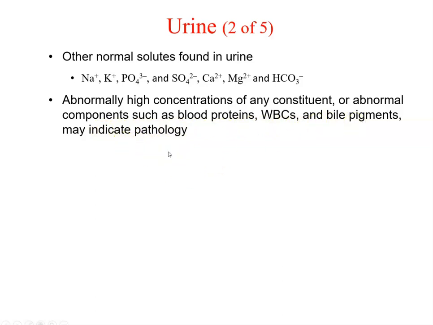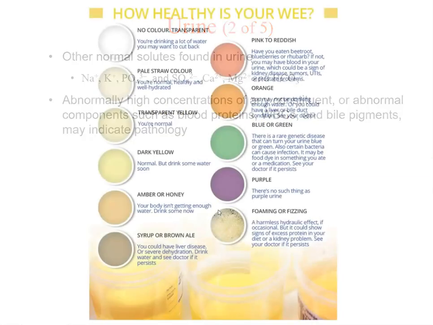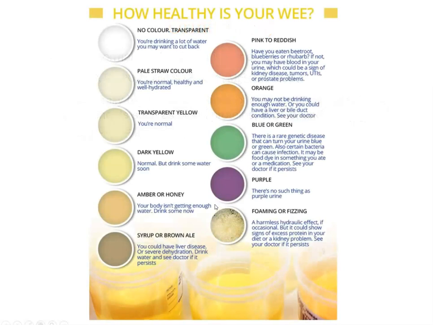So that's why you would do a urinalysis and say, what else is going on? What else do you have in your urine? Mostly 95% water and some solutes here, but if you find white blood cells, you might have a urinary tract infection. So, like we talked about earlier, what color is your poop? That tells you what's going on inside. Well, the color of your pee will tell you what's going on inside as well,